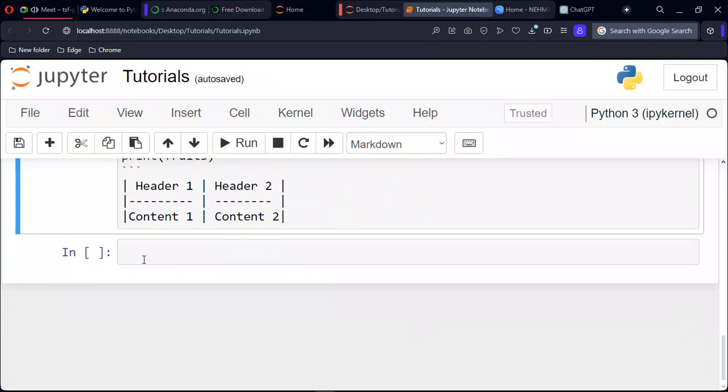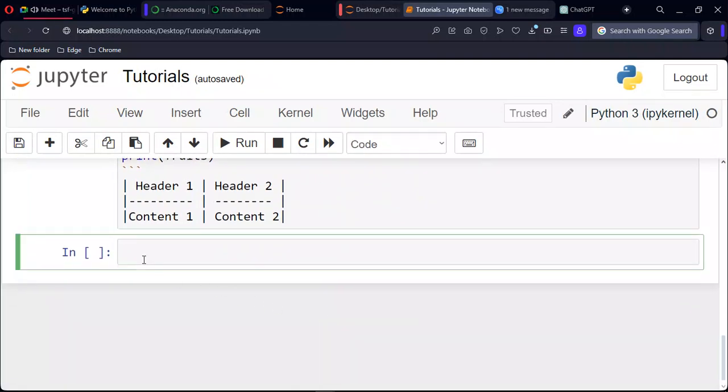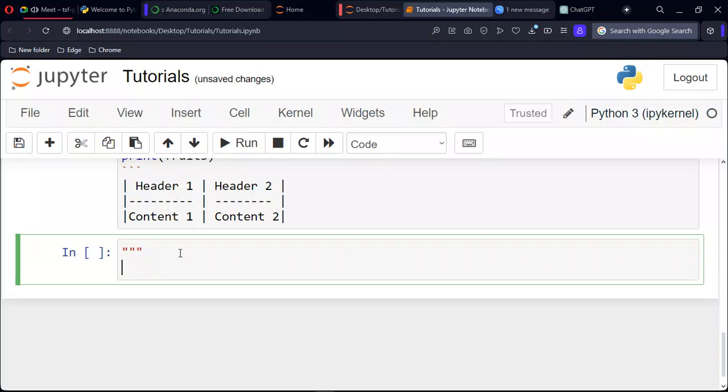So for docstring, let's say, for example, you have a code here. You want to have the breakdown on what you're going to do. So here you can use the multi-line comments. It is called the docstring, documentation string. For this, you just use three quotes. Is it quotes, or in primary school we used to call it speech marks? So those things, and then you can add here your